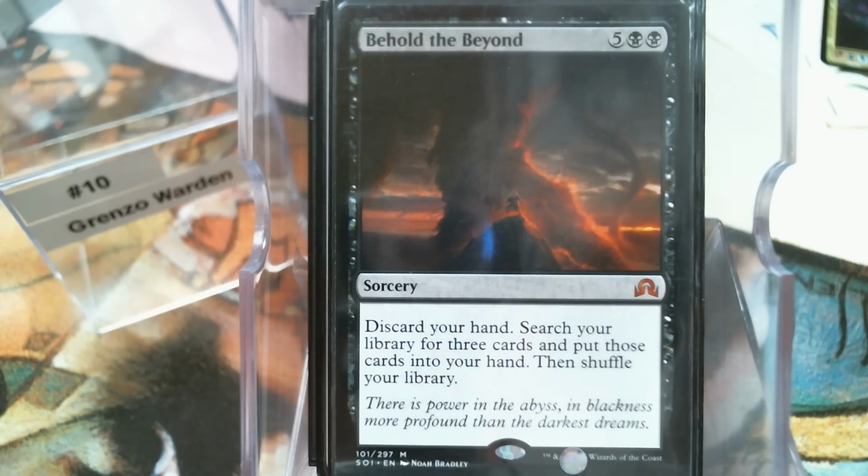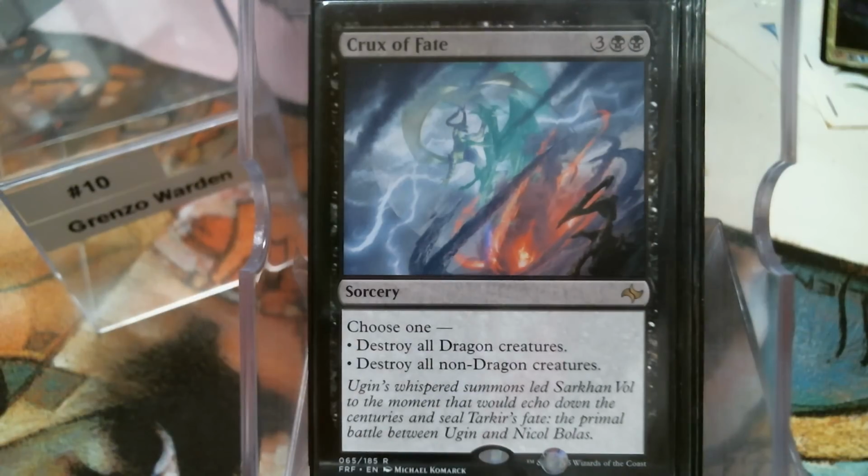This is the highest CMC in the entire deck. We don't really care. We really don't. If you've got rats, hey, that's fine. Whatever. But I'm probably going to go get a haste enabler, a stone, and, well, probably, yeah, that's a coat, maybe. Got Crux of Fate as our 1 board wipe. I probably do need a little more, but